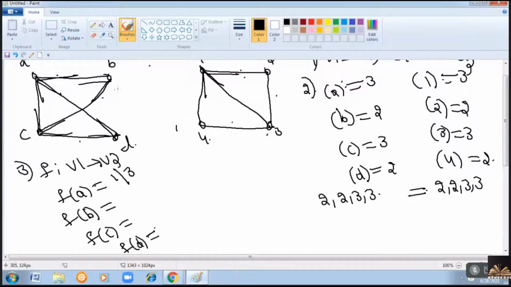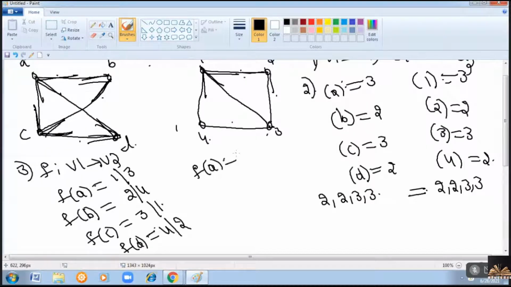So it can be equivalent to 1 or 3. Now B is with a degree of 2. In the second graph, we have 2 and 4 with a degree of 2, so it is equivalent to 2 or 4. Now C is having a degree of 3, so it can be equivalent to 3 or 1, as they both have degree 3. Now D is having a degree of 2, so it can be equivalent to 4 or 2. So consider any of the combinations.